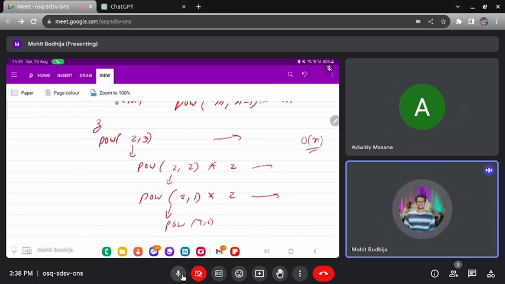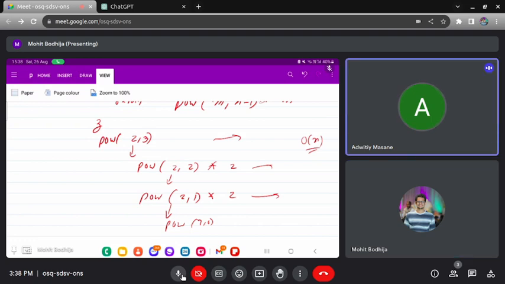And what will be the space complexity? What will be the space complexity for this? Order of n. How?